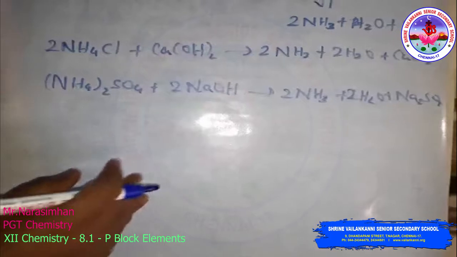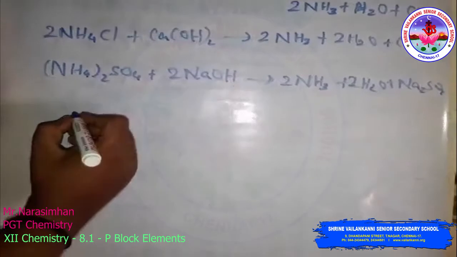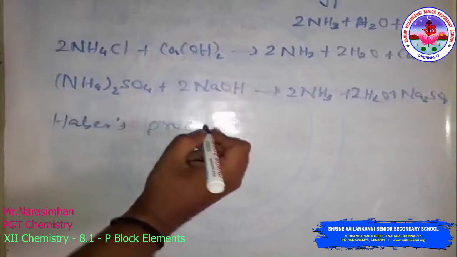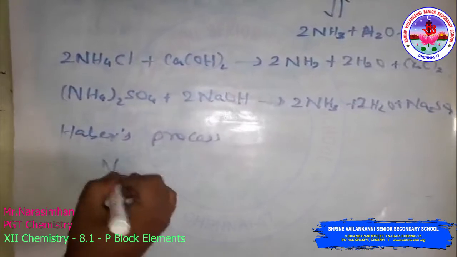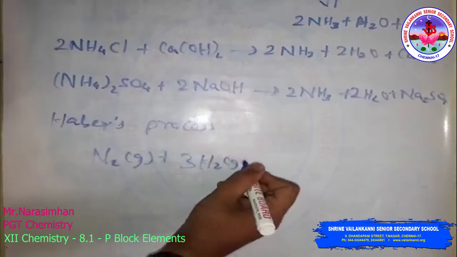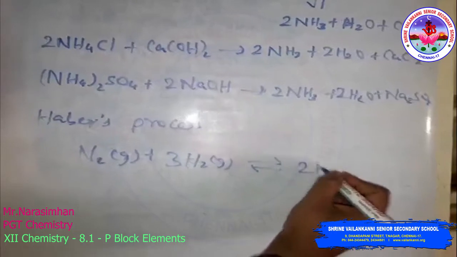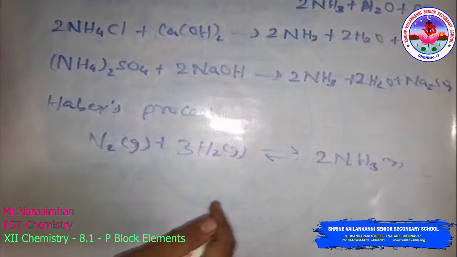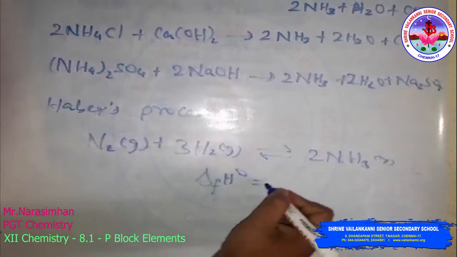So on a large scale, ammonia is manufactured by the well-known Haber process. Nitrogen gas reacts with hydrogen gas to form 2 moles of NH3 gas. Here the standard enthalpy of formation, delta H, is